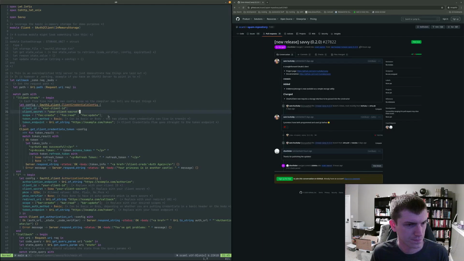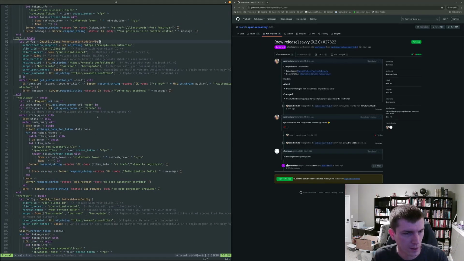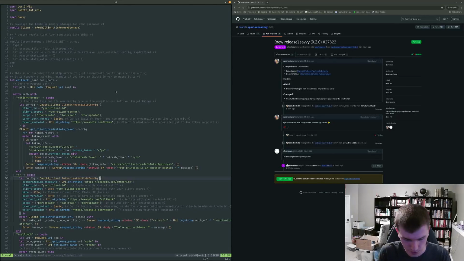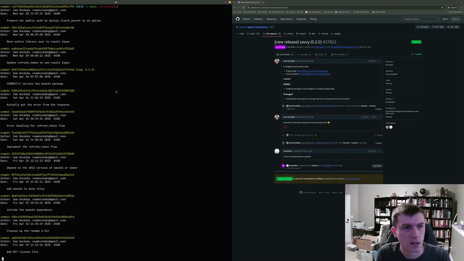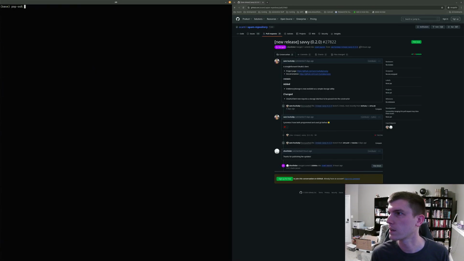All right. Wow. Okay, what was I doing? I should check git log. Git log will tell me what I was doing last. Prepare for public auth by moving client secret. Oh, right, public auth, yeah. So in OAuth, sounds good to me. GitHub integration. Yeah, GitHub integration. Come on, Jing. You gotta integrate with things. It's not as fancy as it sounds.